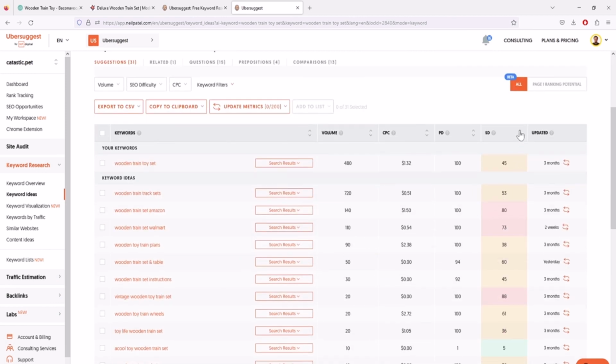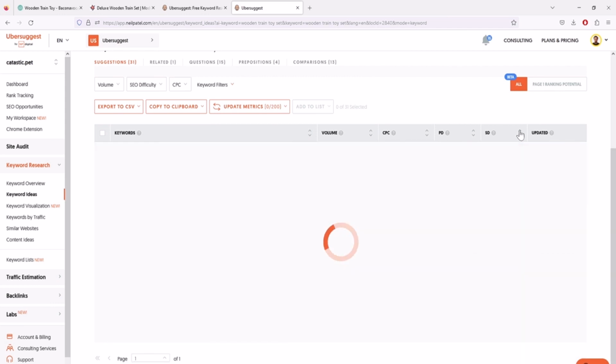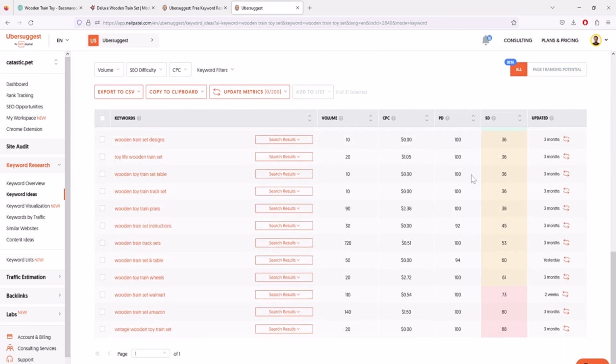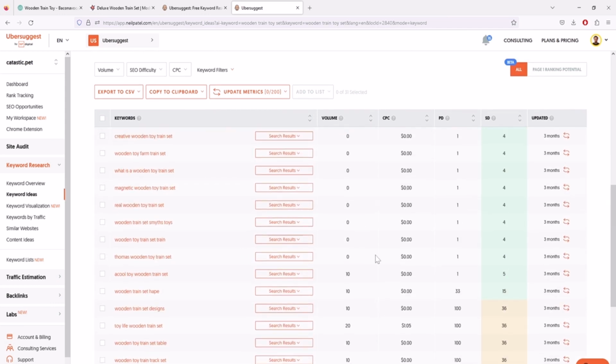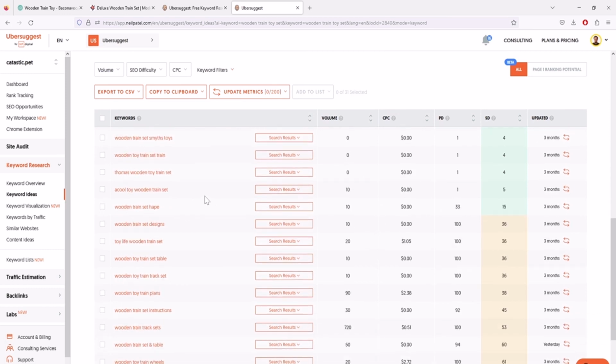I can sort by keyword difficulty. Just a second. And yeah, this is how it looks. Of course, it says 0 because it's not a popular keyword. As you can see right here, we have a cool toy wooden train set. There's a typo right here, obviously, and you're not gonna rank for this type of keyword. But as you can see, this is how you can do a simple keyword research to figure out what keywords